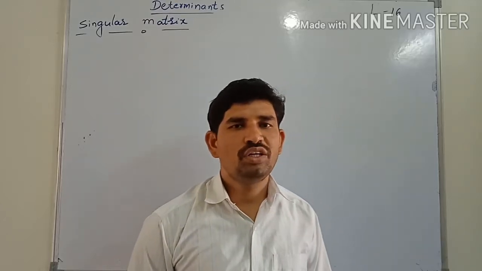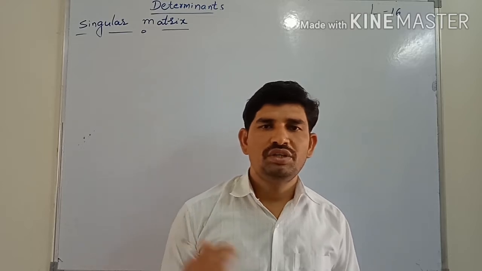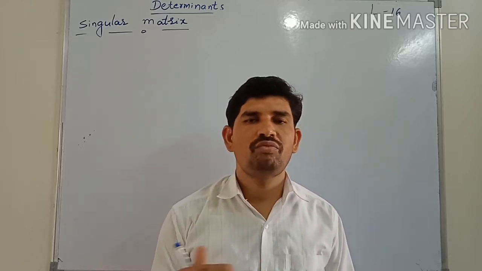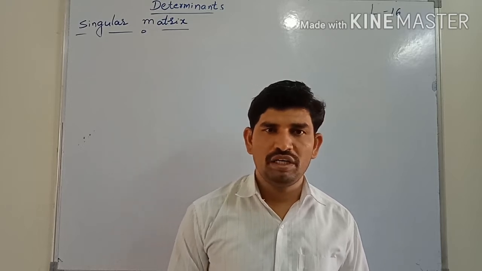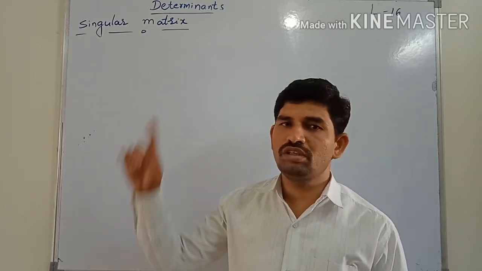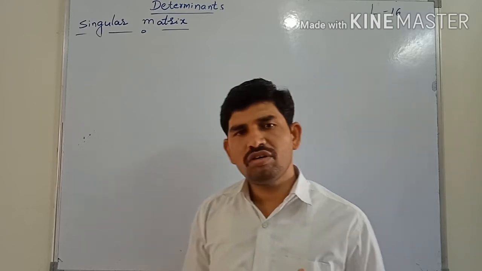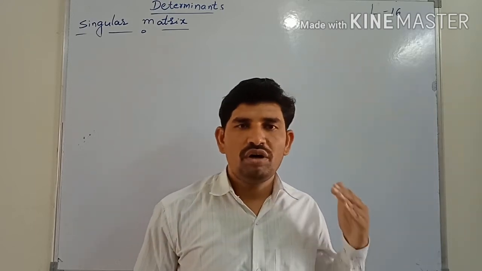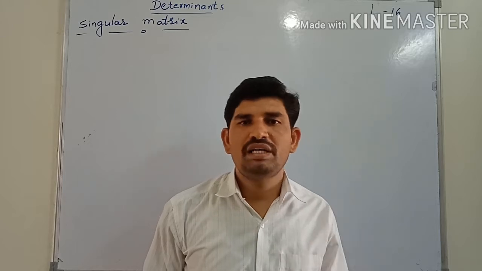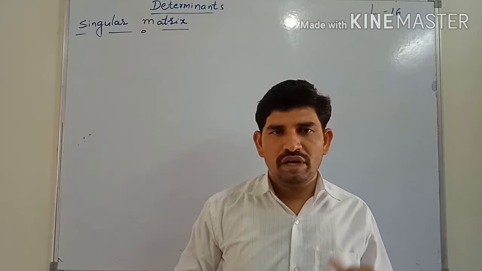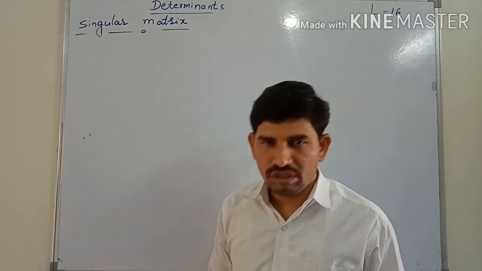Today we are going to continue one of the important concepts, singular and non-singular matrices. After that we can define the inverse of a matrix. This is part of the determinant chapter, chapter number 4. We have already completed how to find the adjoint of a matrix, for matrices of order 3 by 3 and also 2 by 2. So in this class we can continue this part.